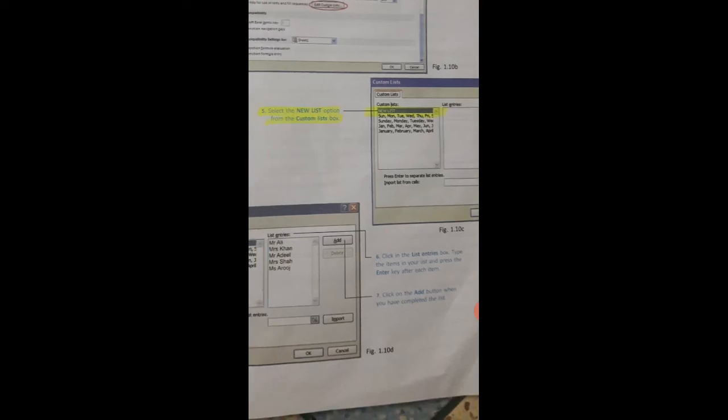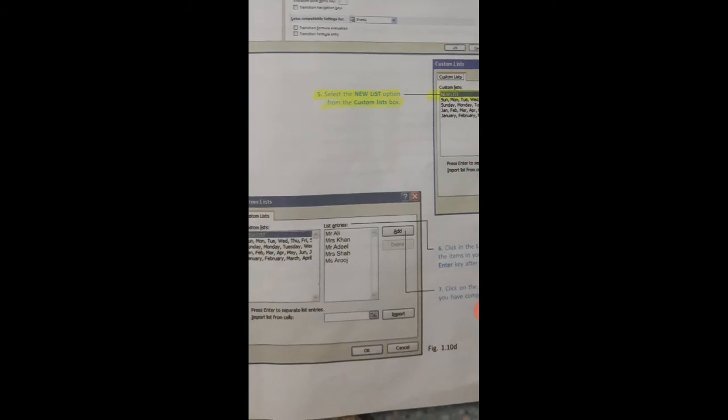इसको क्लिक करने के बाद आपके सामने ये डायलॉग बॉक्स आएगा। इसके अंदर आप देखें न्यू लिस्ट आप देख सकते हैं, ठीक है। न्यू लिस्ट के साथ और भी लिस्ट कस्टम लिस्ट डिफ़ाइन की हुई है। फॉर एग्ज़ाम्पल डेज़ ऑफ द वीक है, संडे, मंडे, डेज़ ऑफ द ईयर्स हैं। तो आप अपनी कस्टम लिस्ट यहाँ पे क्रिएट कर सकते हैं। आप न्यू लिस्ट पे क्लिक करेंगे। न्यू लिस्ट पे क्लिक करने के बाद जो आप इस लिस्ट क्रिएट करना चाह